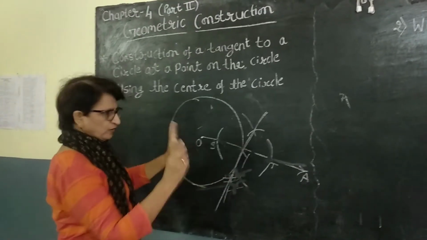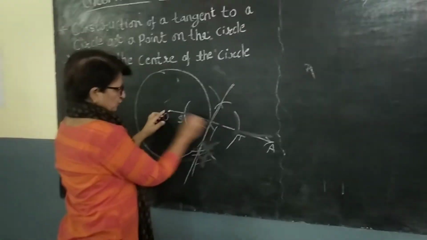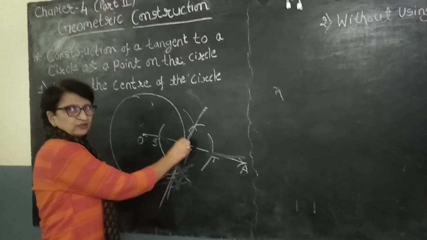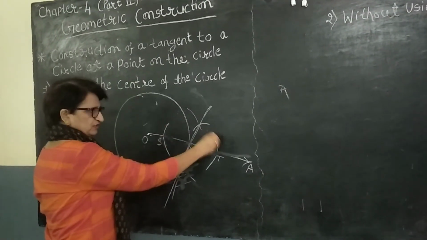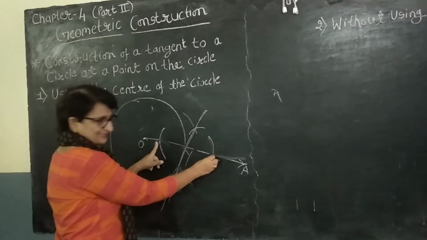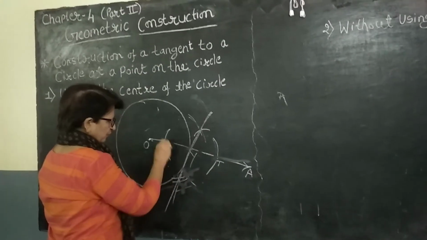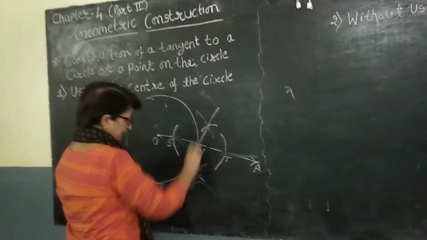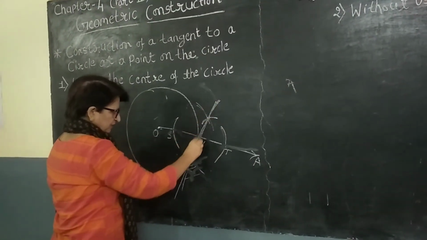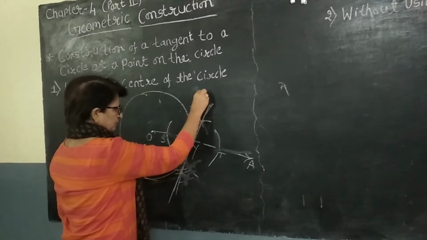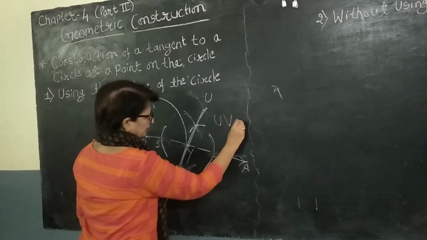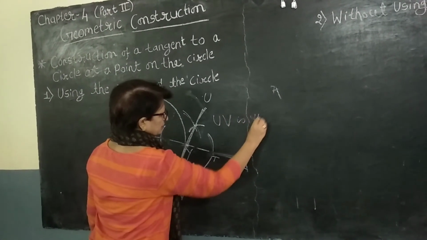This is the Y. So what we did, simple. First of all, we joined the radius, extended it further to point A. Then from point Y, we took a convenient radius, drew an arc on both the sides. After that, we took a distance more than half between ST, drew an arc on both the sides from point S and then from point T. Then we join these two intersection points. So if we join it, it will pass through the point Y. So UV is the tangent. UV is the tangent.